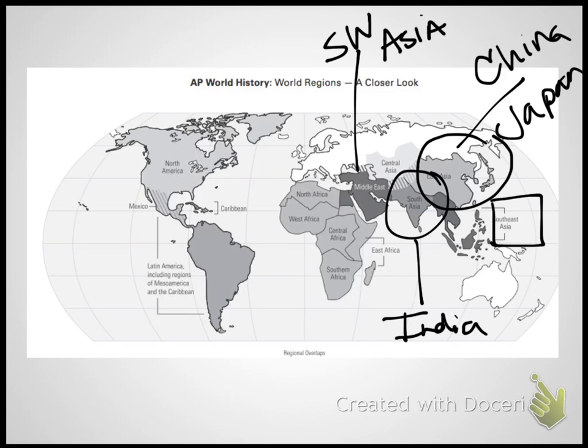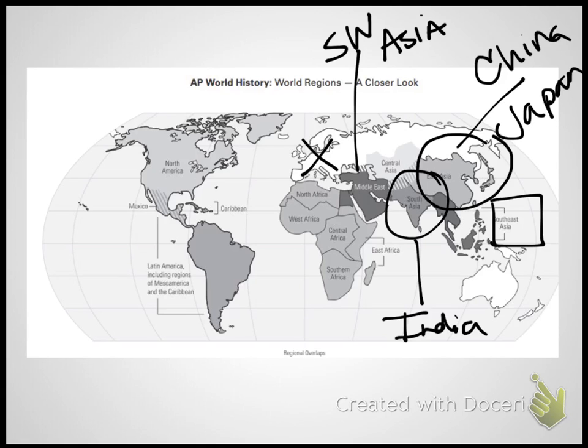The Middle East also will sometimes be called Southwest Asia. We call it the Middle East because if you are over in Europe, that would be the middle between East Asia and where Europe is. So many times people will call it Southwest Asia because as you are looking here, it's the south and western side of the continent of Asia. Those are going to be key, especially with your periods 1 through 3, as we are looking at the first half of this course. Middle East is important, where we just drew that X.